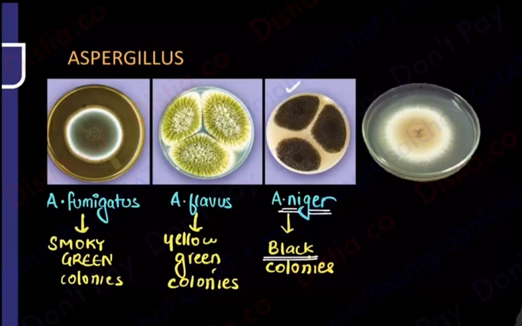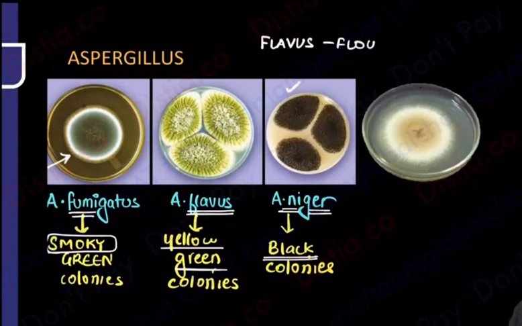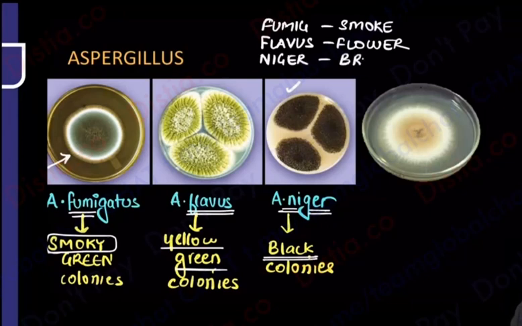The confusion actually comes between these two, fumigatus and flavus. So see, when we talk about smoke, fumes have to come together, right? Smoke and fumes. So smoky green is going to be the fumigatus one. Whereas yellow green, such beautiful colors, they remind me of the color of a flower. So flavus should be like flowery colors, yellow, green, beautiful colors. So flavus, flower, that is my mnemonic. In the exam, if I get confused, flavus is to do with flower, and smoky is fumes, so fumigatus is to do with smoke. And niger, of course, the word is only telling me something has to be brown, black. So that is what you are going to analyze, right?